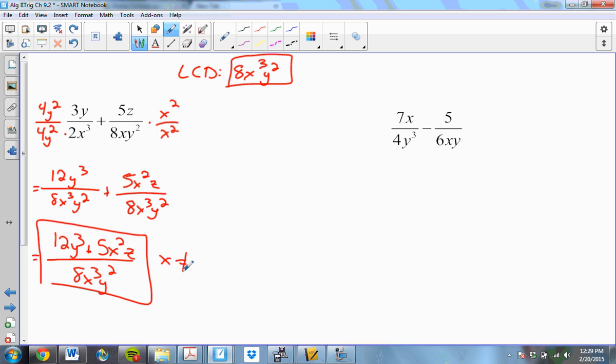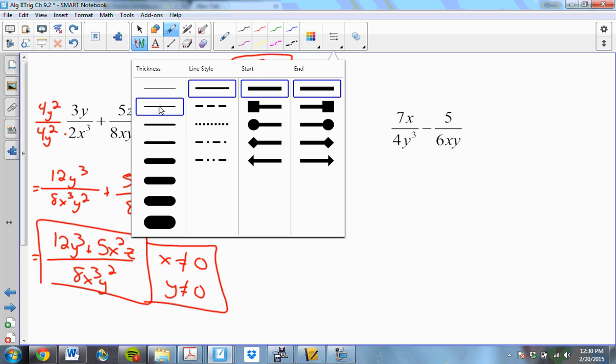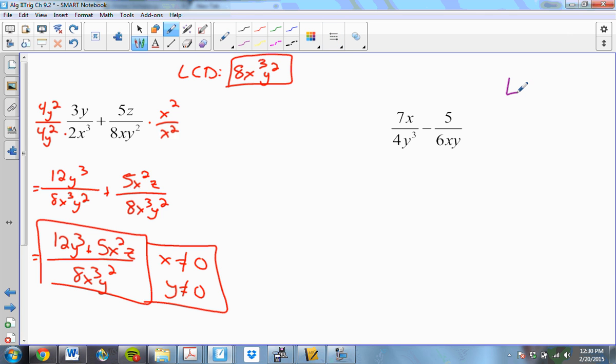X cannot be 0, y cannot be 0. So on the right problem, take a moment, pause it, and see if you can figure out what the lowest common denominator is. The lowest common denominator is going to be